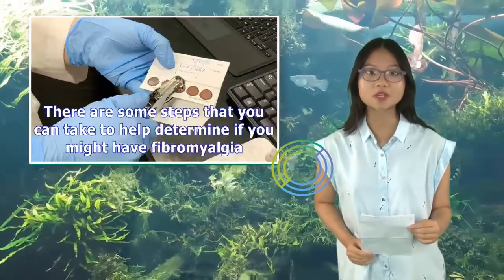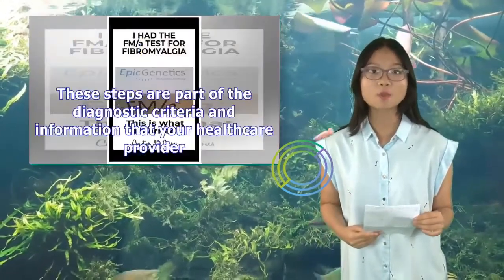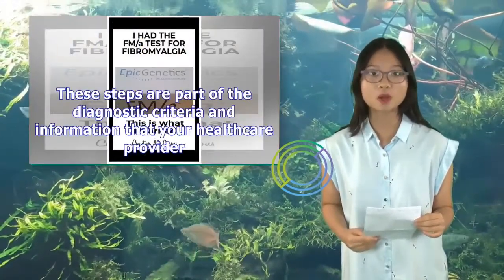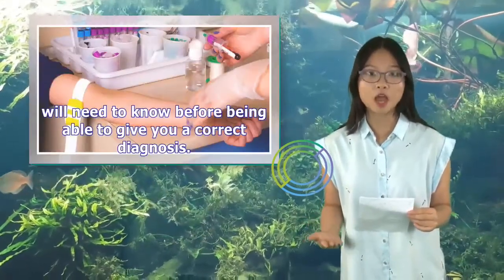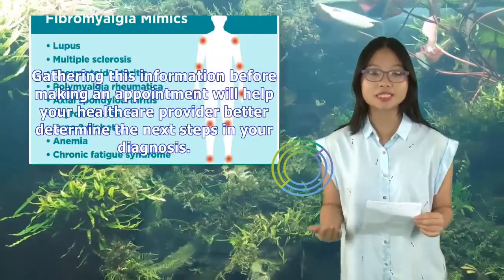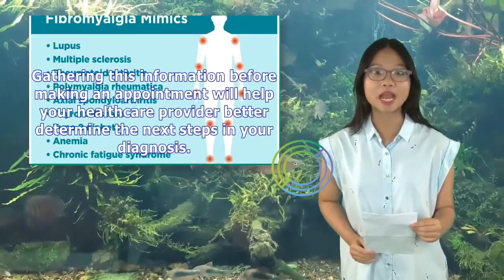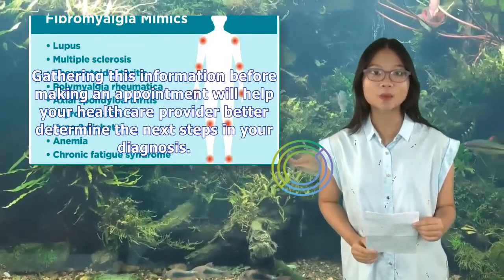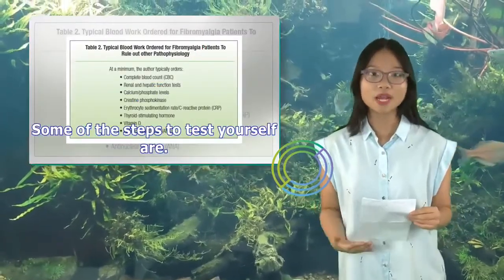There are some steps that you can take to help determine if you might have fibromyalgia. These steps are part of the diagnostic criteria and information that your healthcare provider will need to know before being able to give you a correct diagnosis. Gathering this information before making an appointment will help your healthcare provider better determine the next steps in your diagnosis. Some of the steps to test yourself are: